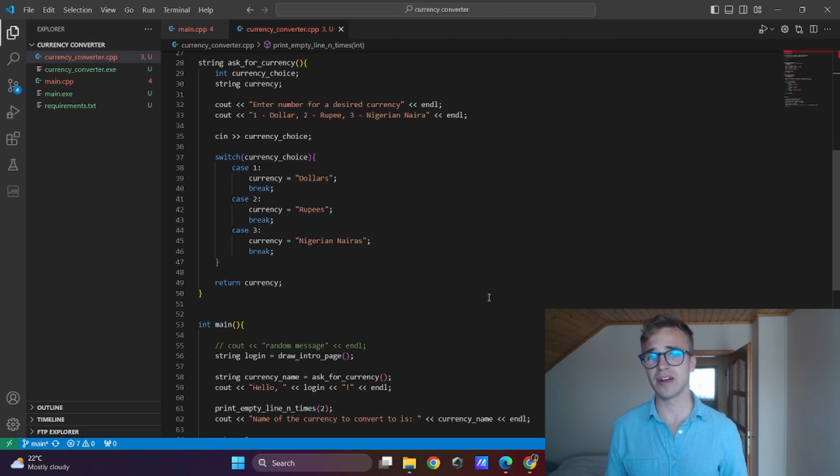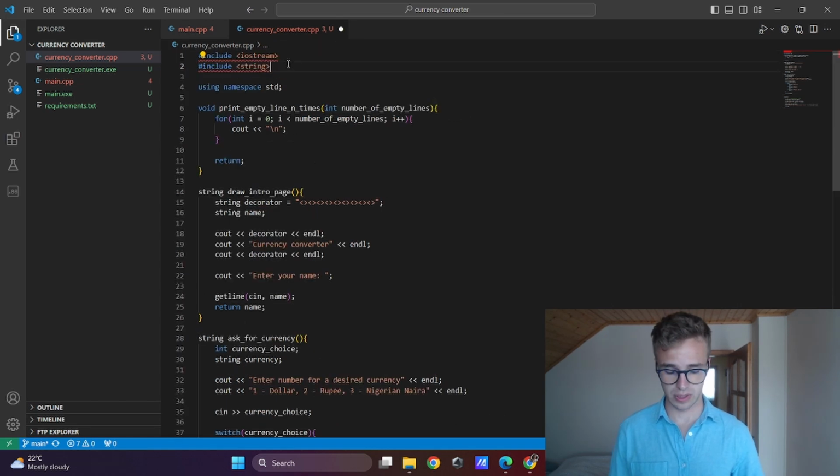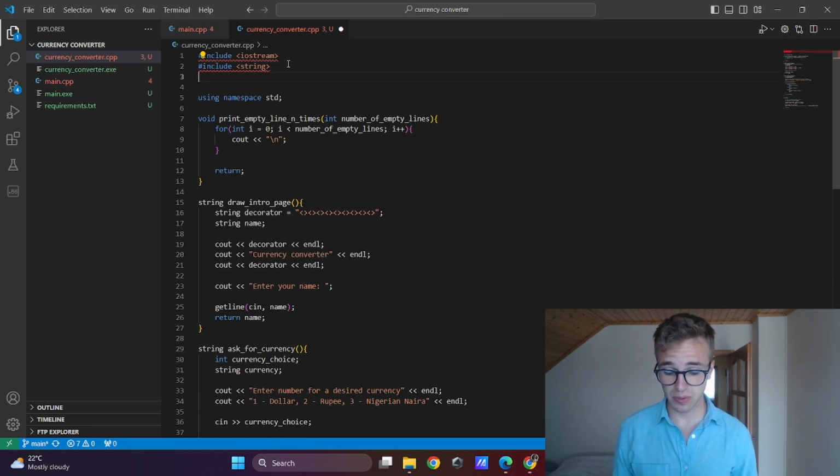we will write the final function where the conversion will happen. To set up this function, we need to somehow store the exchange rates between our default currency, from which we will convert to these currencies, which will be euro. I need to create dictionaries from Python. This will be similar to a dictionary. It is called unordered